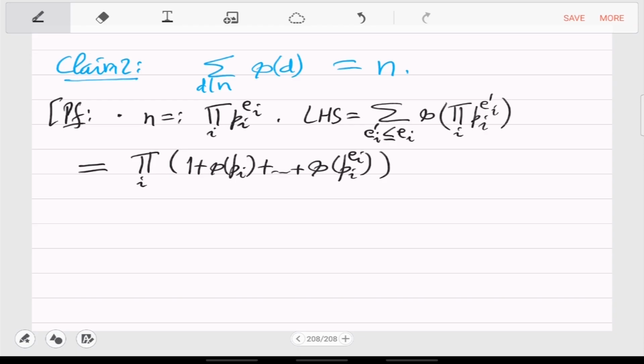By the way, here we are using that this phi is multiplicative. You were shown in the class that phi of p times q is phi of p times phi of q. So we are using that repeatedly, and then you can check that this holds, which can now be written as